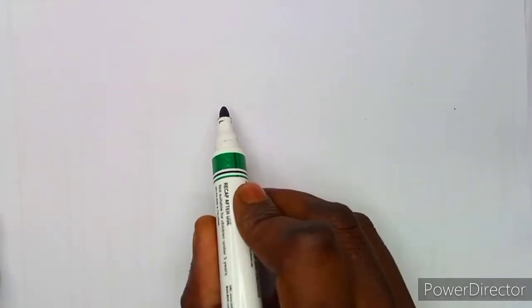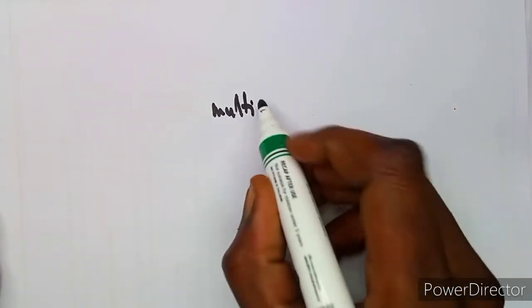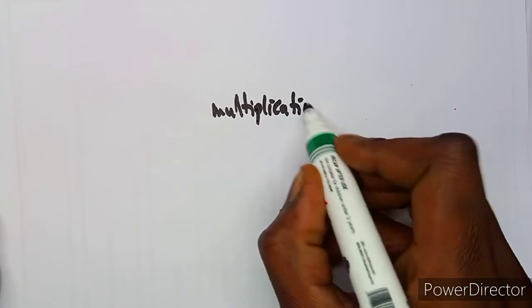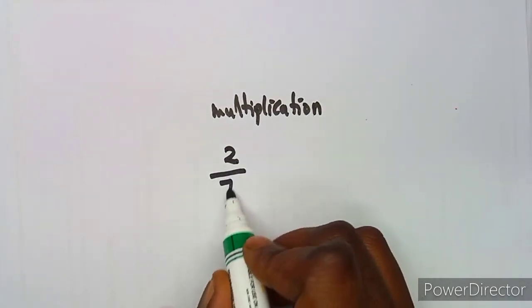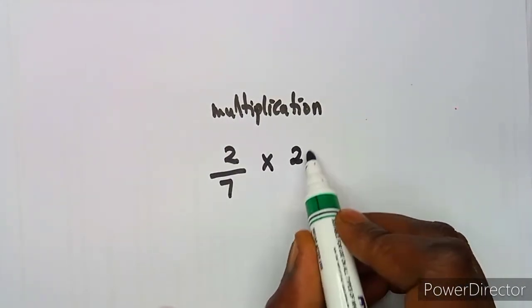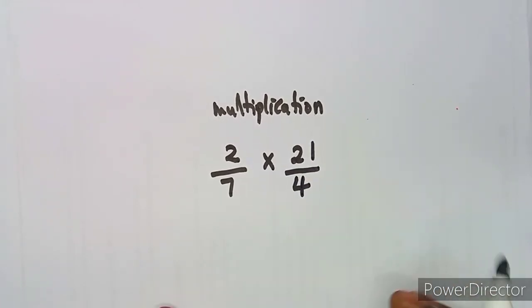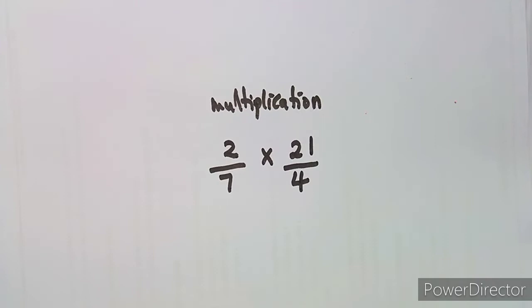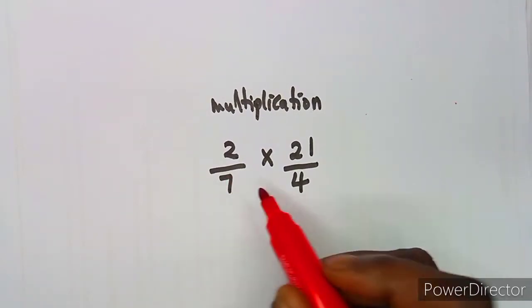So the concept on multiplication and division, I'm going to start with multiplication. The concept is actually taken from normal fractions that we were used to before, which are not under algebra, something like 2/7 times 21/4. I'm going to explain from this type of fraction that we are used to. Most of us use calculators, but this was the concept of how to simplify these fractions. You were actually dividing